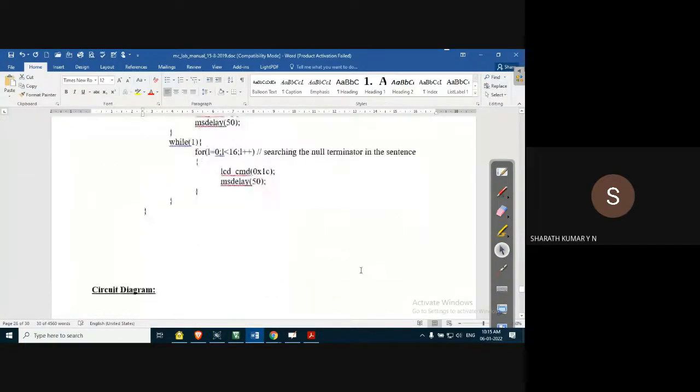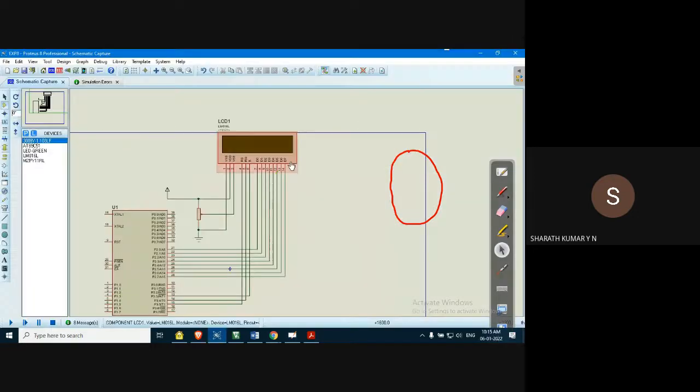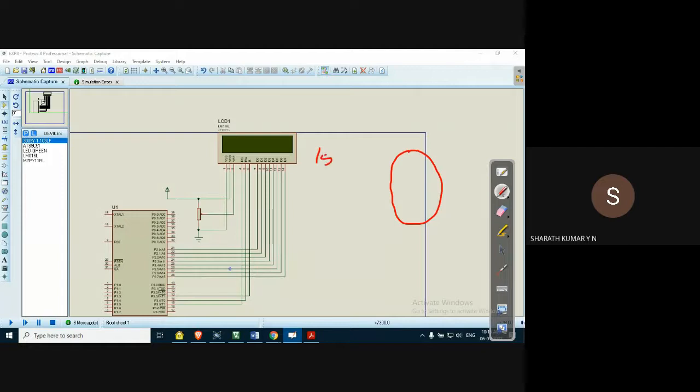There are two more pins from the discussion just now. We understood that the LCD also has two pins, that is LED plus and LED minus, to control the backlight, to turn it on and off. In this schematic, what is assumed is that those two pins are connected accordingly. Pin number 15 is connected to VCC, and pin number 16 is connected to ground. Since these two connections are fixed, we don't have any other choice.